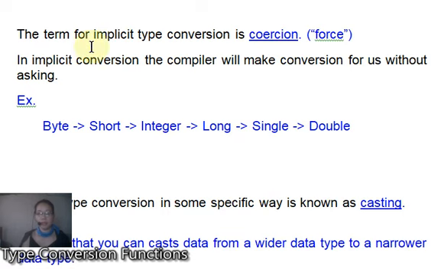The term for implicit type conversion is coercion. It means force. In implicit conversion, the compiler will make the conversion for us without asking. Example